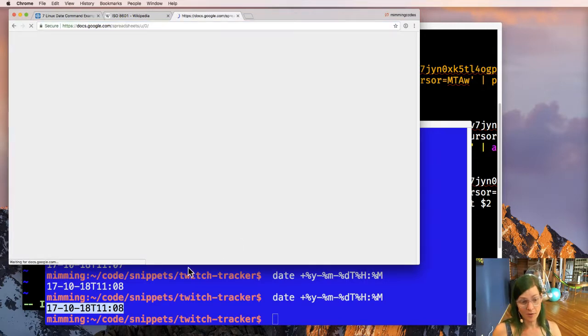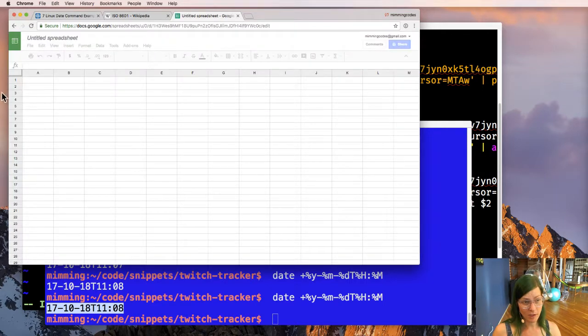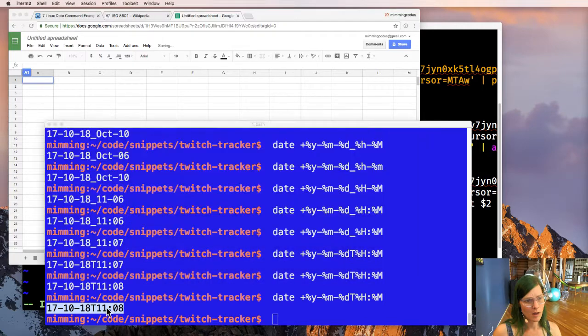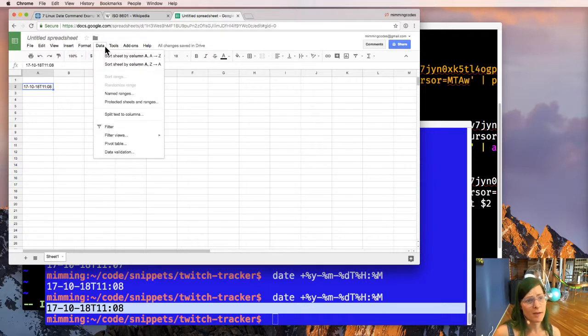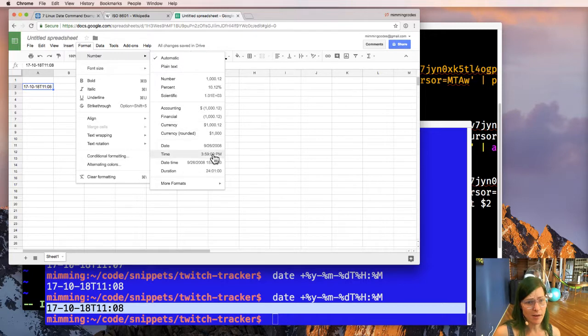Let's find out if Sheets can understand this kind of date. I do not want to take a tour. I just want a new blank sheet. You are going to paste in my date. Okay. So, do you understand if I format this like a date?